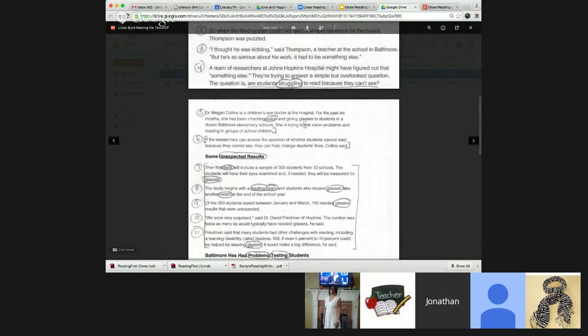So are students struggling to read because they can't see? In paragraph 4, this triggered a connection for me. When I'm teaching, I'm walking around the room while my students are reading, marking, and annotating, and I'm looking at the choices they're making and the margin notes they're writing. It gives me the opportunity to kneel down and talk to individual students and have that one-on-one time that I normally don't get when I'm lecturing, and I normally don't get when